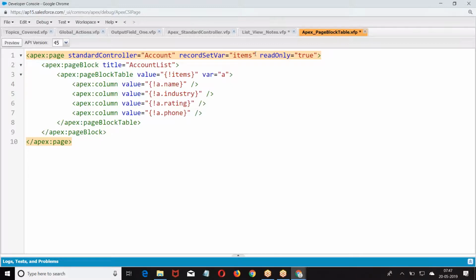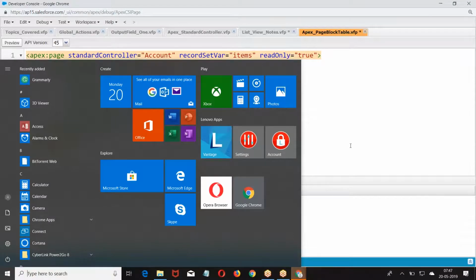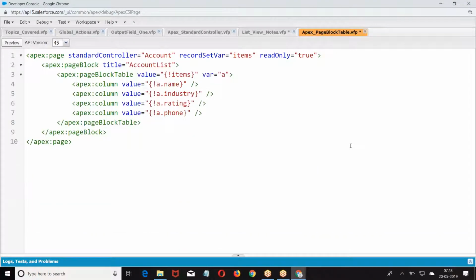If I want to display more than 10,000 records, what will you do? This is generally asked in the interview. Now, I want to display 50,000 records in the VF page. How will you display? Page block table will display only 1000. You make it read only equal to true, it will display 10,000. But I have a requirement to display 50,000 records.